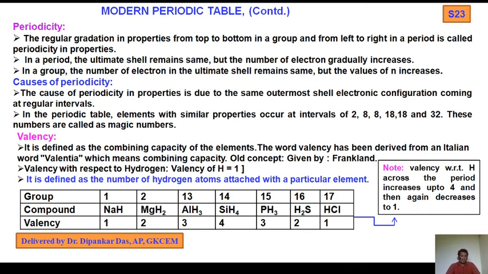I have already discussed the old periodic table, the modern periodic table, and their groups and periods, how to find out the periods, block number, group number and valency, and how to remember the atomic numbers. So these are very important topics regarding the elements of the modern periodic table.